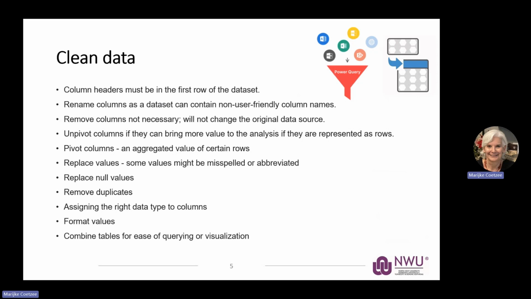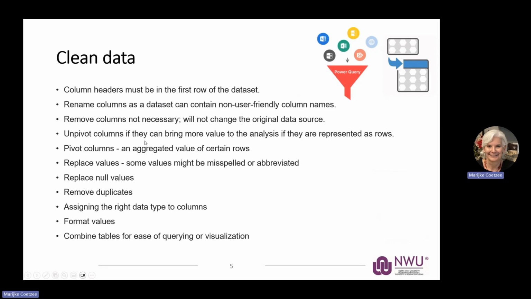You must make sure that you have a header, and immediately after that starts the data, and it's in the right place. Sometimes you can rename the actual columns, because these names are going to go on your reports. Any columns that you know you are not going to need, you can take away. You are just working here with a data set that is used in the tool, but the original data set will not be affected. You can unpivot columns. Sometimes that means you can change something from being a column into a row if it's going to actually become more